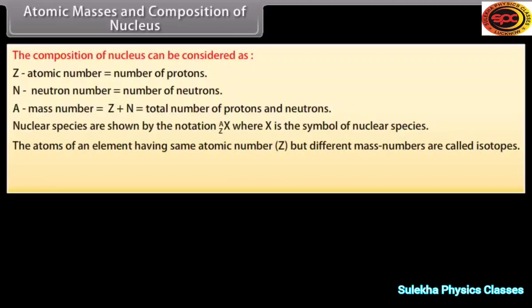The atoms of an element having the same atomic number, that is Z, but different mass numbers are called isotopes. For example, isotopes of hydrogen are